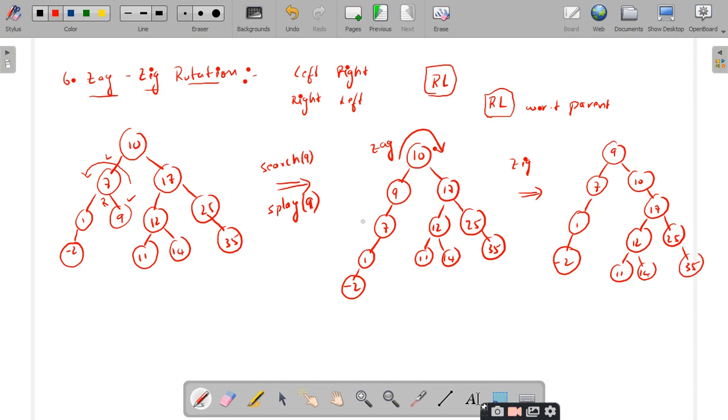So in today's session we have discussed the introduction part to the splay trees. What actually are the splay trees? Why are we going to the splay trees, though we have the height balanced binary search trees like AVL trees and the red black trees, but still we are going to the new concept of splay trees?